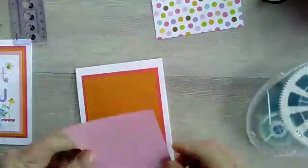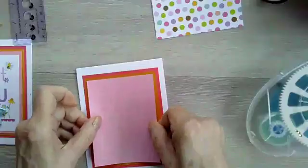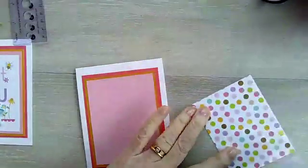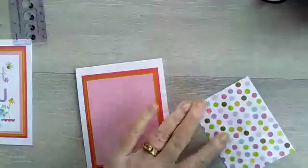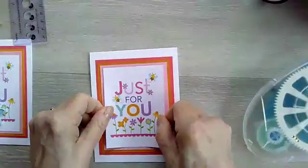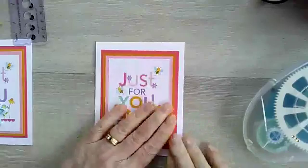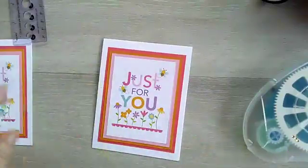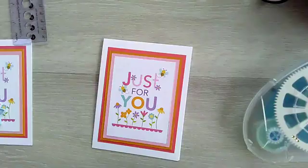So I didn't use pattern paper on this one, but I did do another set that will be ready in a couple of weeks. Okay, so there it is. So now what we have left to do is make a closed circle,